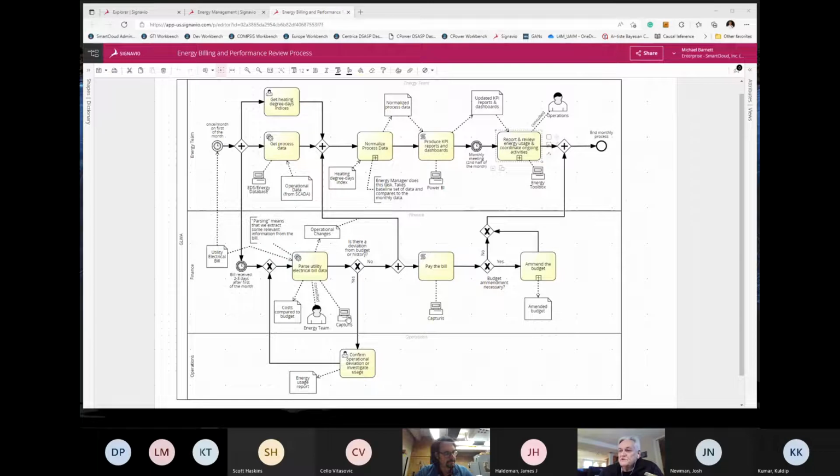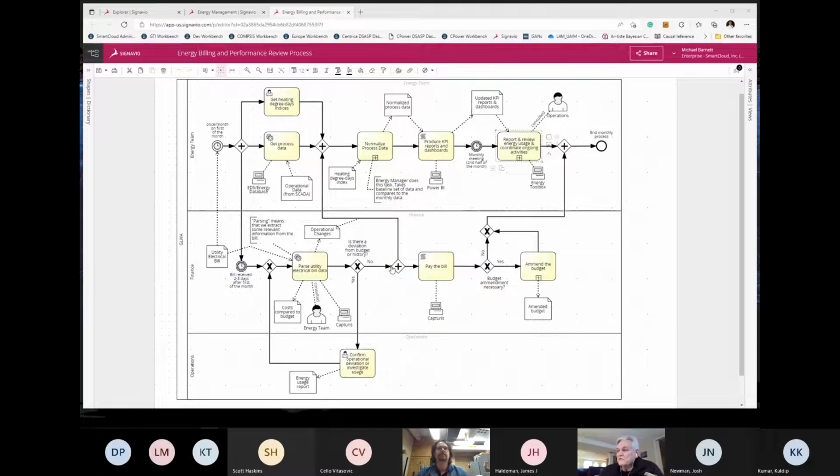There's a system that's used. There are documents that are created as a result of it. After that task or activity is done, which is pretty much an automated task, there's a decision. Is there a deviation from the budget or history? If there is, it bounces down to operations, and they have to do some investigations and develop an energy usage report. If not,